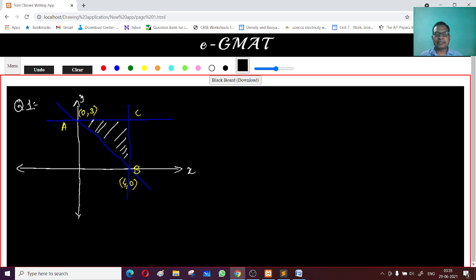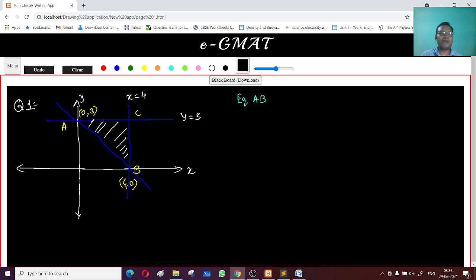Now if you see this particular line, it is given as x is equal to 4. This is x is equal to 4, and what is this? This is y is equal to 3, right? So if you take any point on this, that will be y is equal to 3, and if you take any point on this, that is x is equal to 4. Now how to write the equation for this AB line, right? So for the equation of AB,